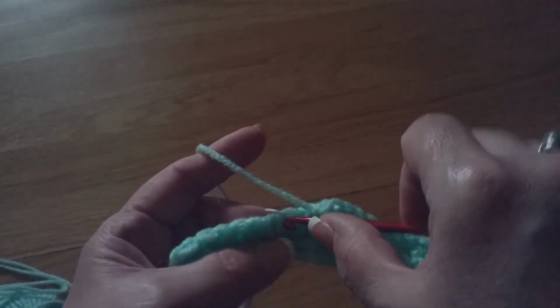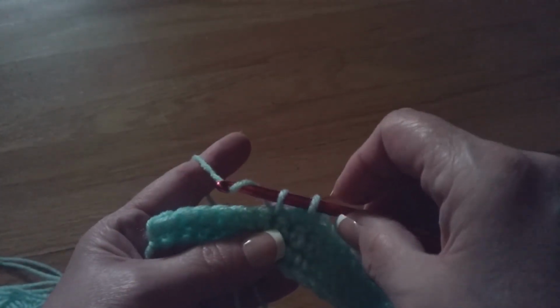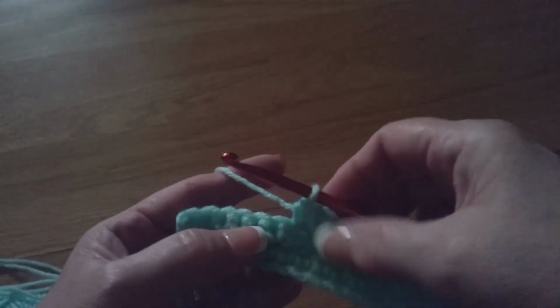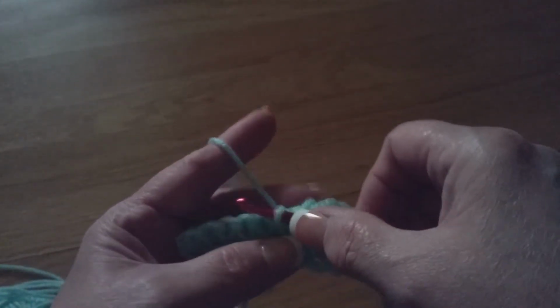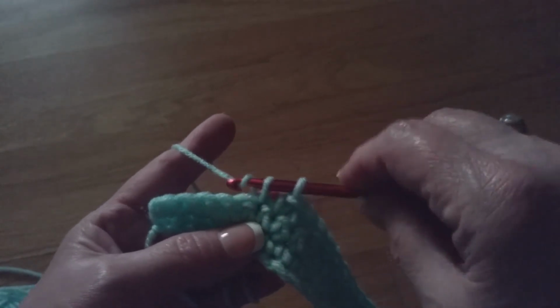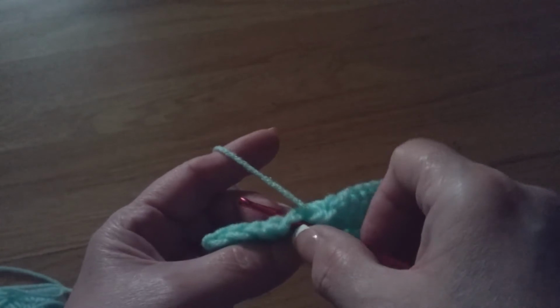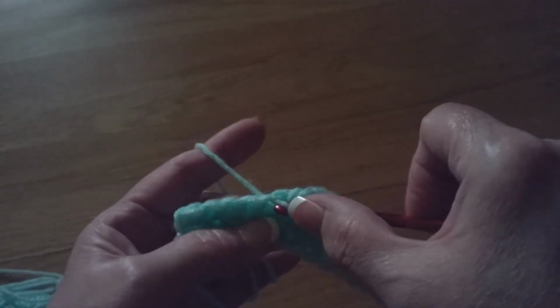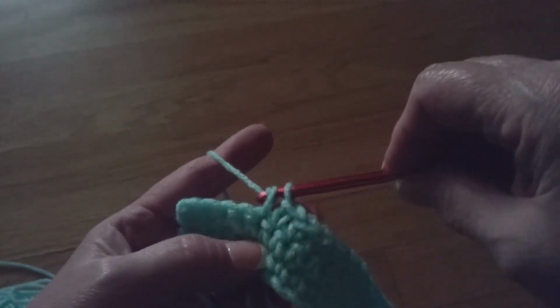Alright, the next 2 bars. If you're getting the hang of it already, I am happy. That means you are a very fast learner. 2 bars, under the 2, grab the yarn, pull it up, 2 on the hook, under, turn the hook, pull through